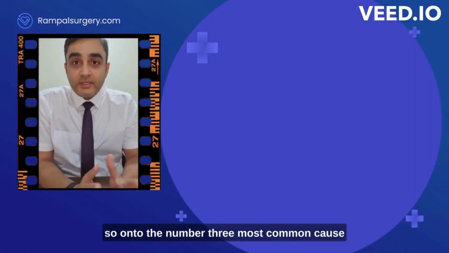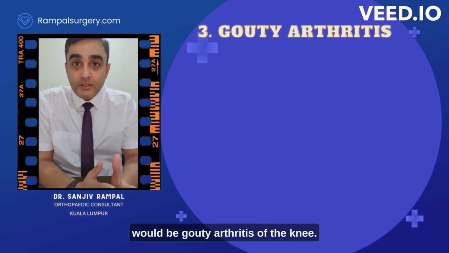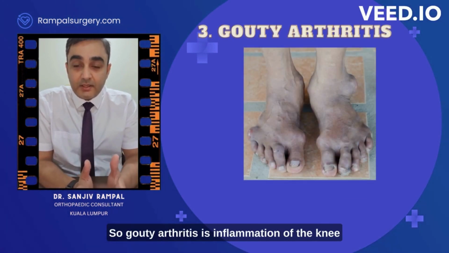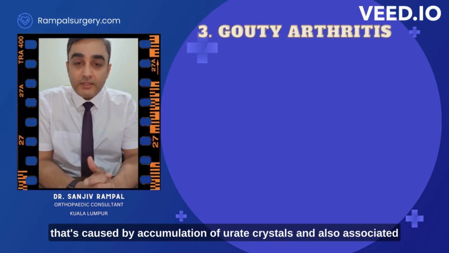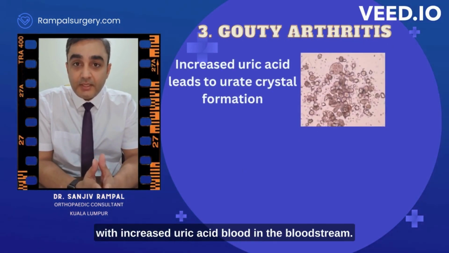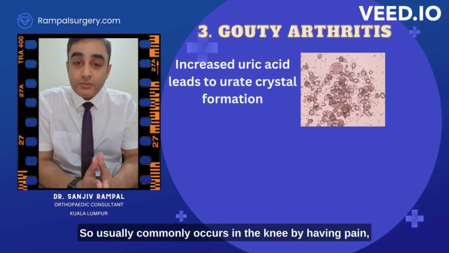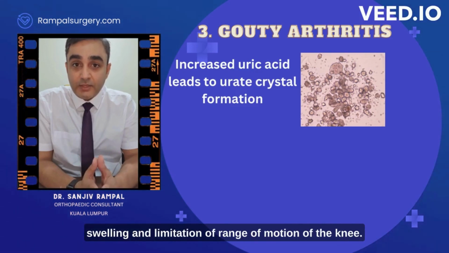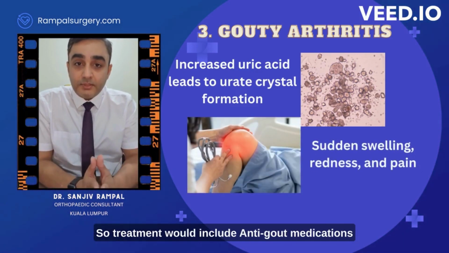On to the number 3 most common cause, which is gouty arthritis of the knee. Gouty arthritis is inflammation of the knee that's caused by accumulation of uric acid crystals, and is also associated with increased uric acid in the bloodstream. It commonly occurs in the knee with pain, swelling, and limitation of range of motion of the knee. So treatment would include